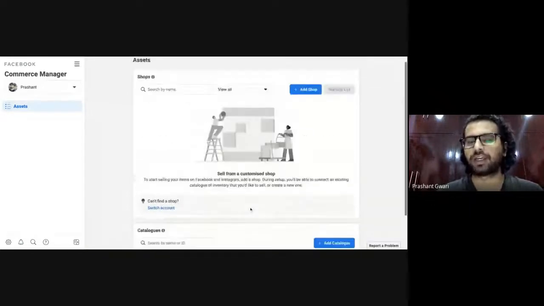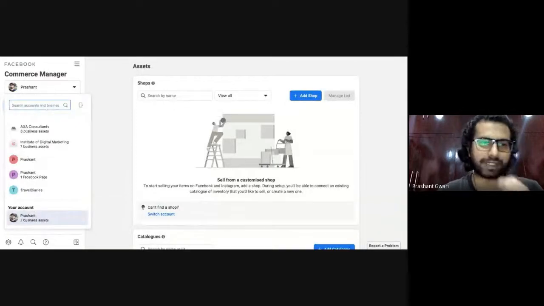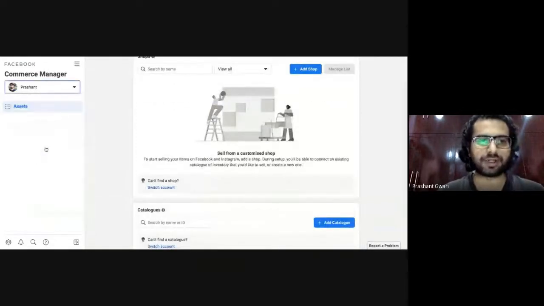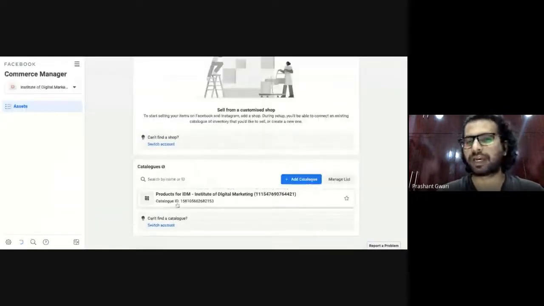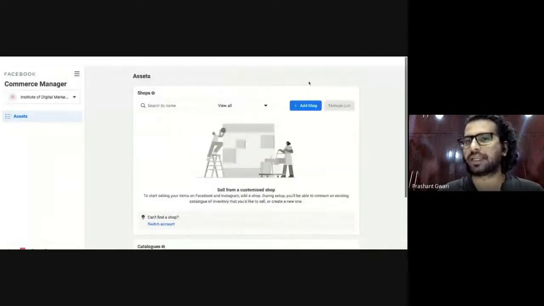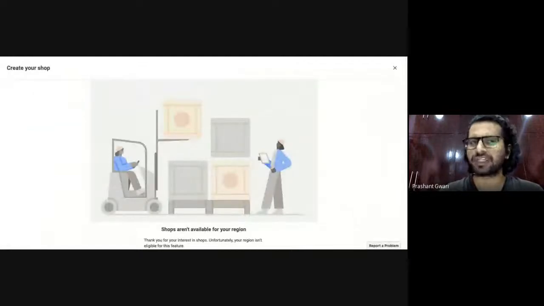You have to click here and choose your page. Let's say I want to create a shop for the page IDM. I will choose the page from here, and you can see I already have a catalog installed. So first click on the add shop button and start creating your shop on Facebook and Instagram.